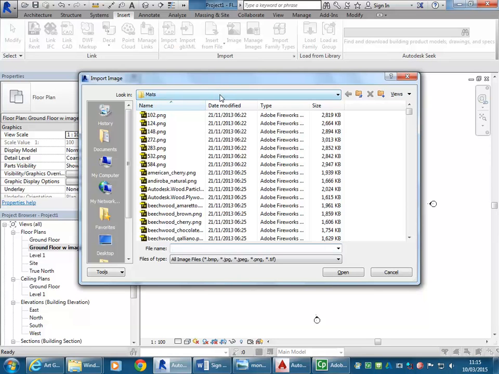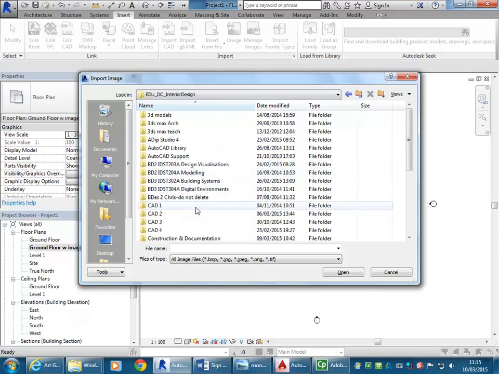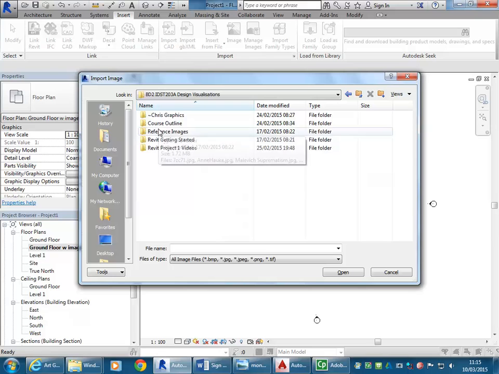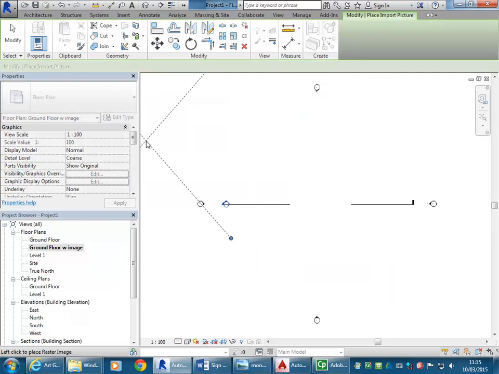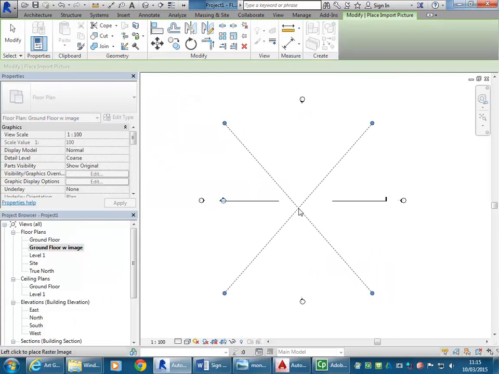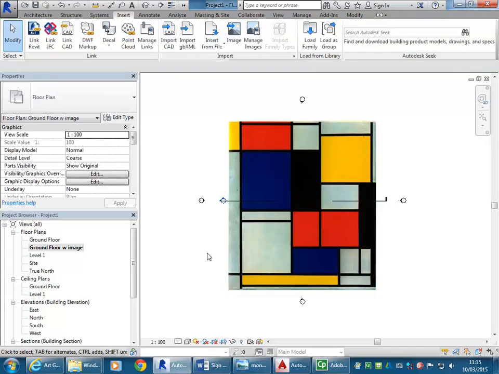So I'll then browse to the P drive, Interior Design, Design Visualizations, Reference Images, and choose our Mondrian image. So I'll double click on that to import it, and then I'm just going to click roughly in the middle of my elevation views to place that. So it's come in,